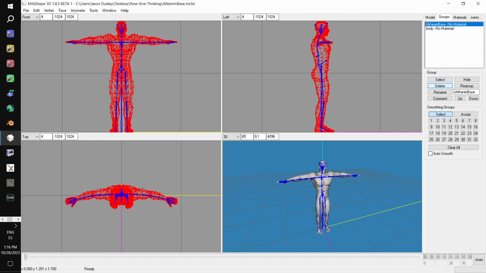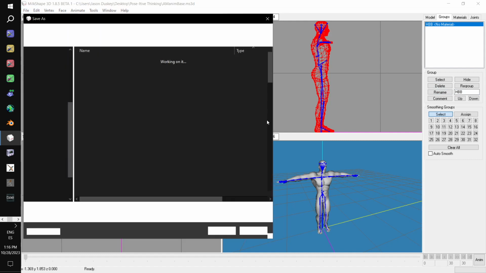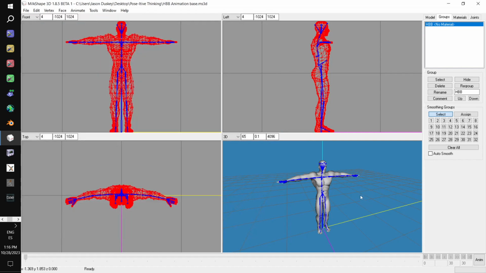Select that group, regroup, and I'm just going to call this HBB, rename, and let's save our file. We save it as HBB animation, and now we're ready to articulate our poses. So we enter animation mode,